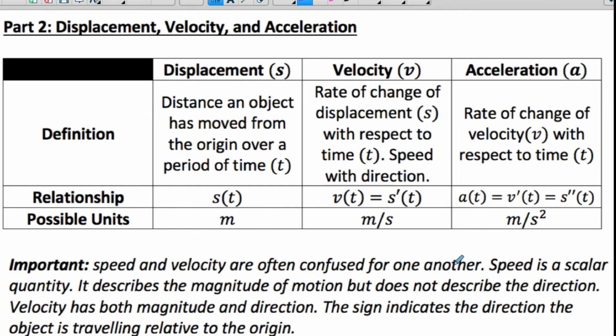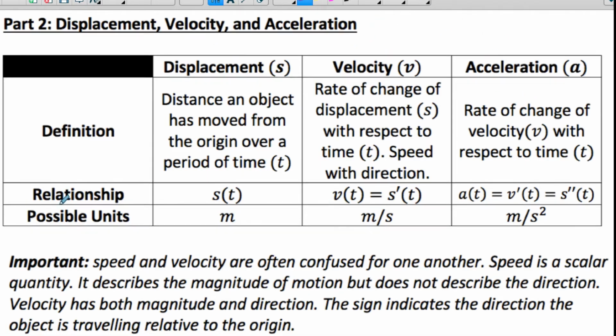So hopefully you see this connection between these three terms: displacement, velocity, acceleration. Velocity is the rate of change of displacement. Acceleration is the rate of change of velocity. And I put a note here,